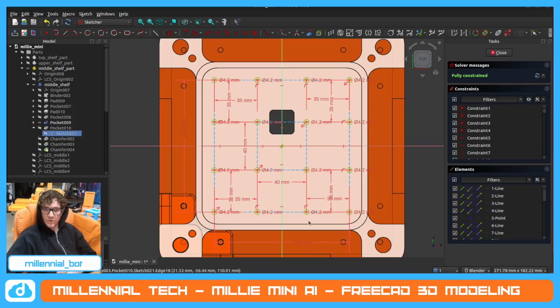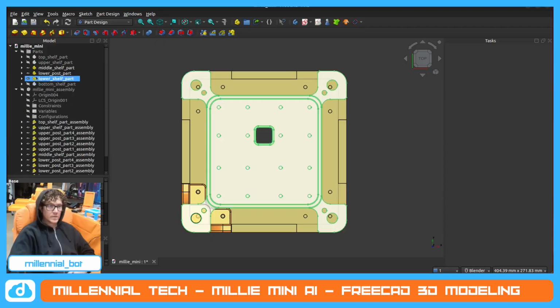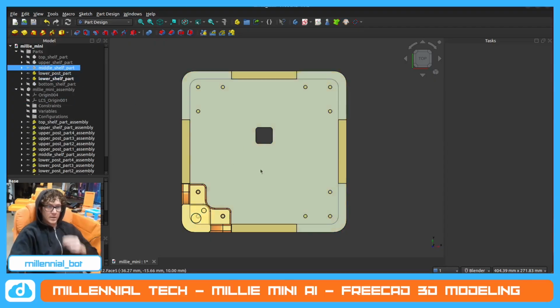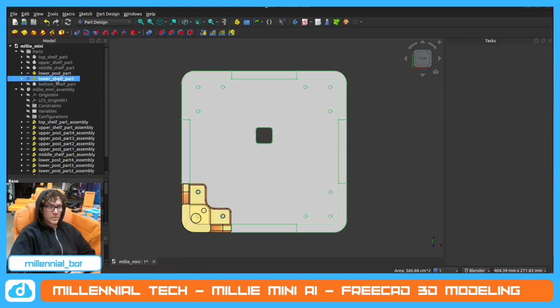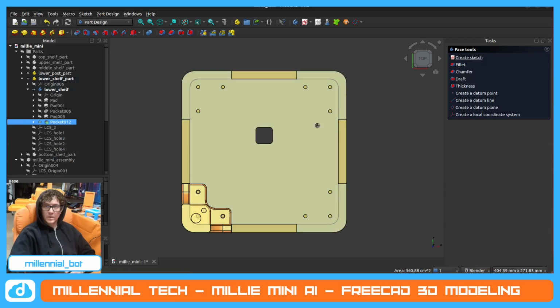And then we're going to do 110, 110, and then 40, and then 35s. Turn that back on. So let's do that. Let's go here, lower shelf, create a sketch,